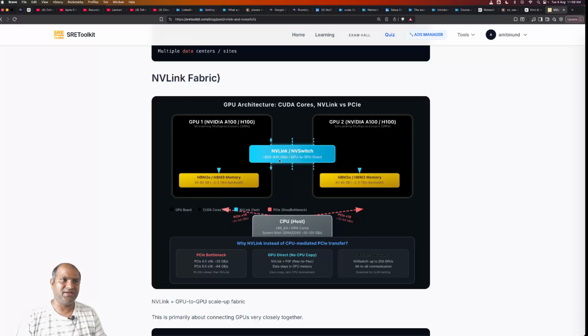To communicate between these GPUs, CUDA cores, GPU to GPU, we have NVLink. And NVSwitch is another one which redirects